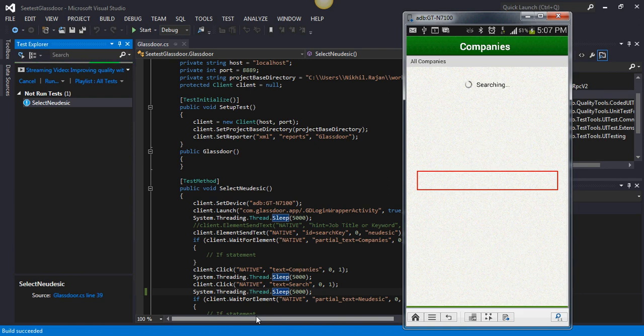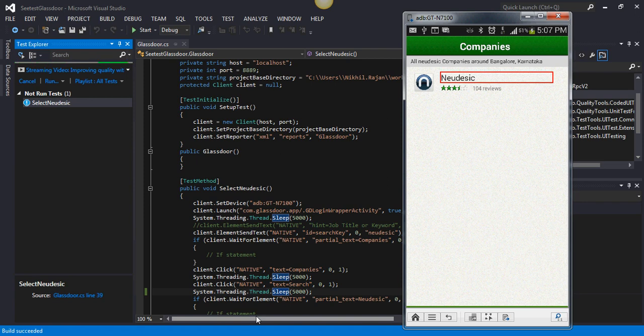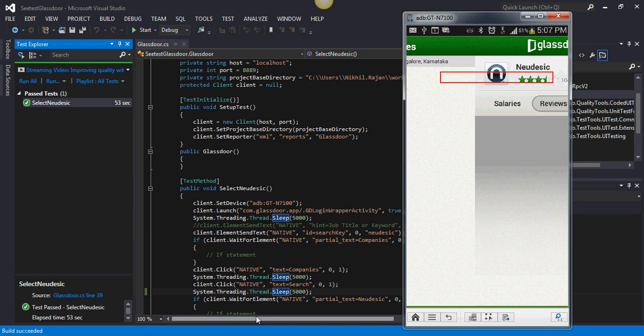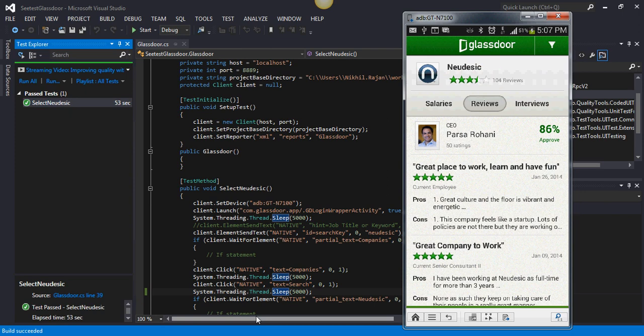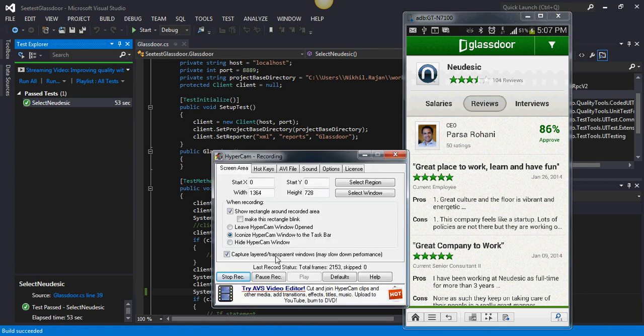And it's got pretty good object spy, so we can find out different methods to search the control by. So you can see it's passed. The screen has not yet updated, but it's passed. So this is what I have for now. Probably I'll come out with a